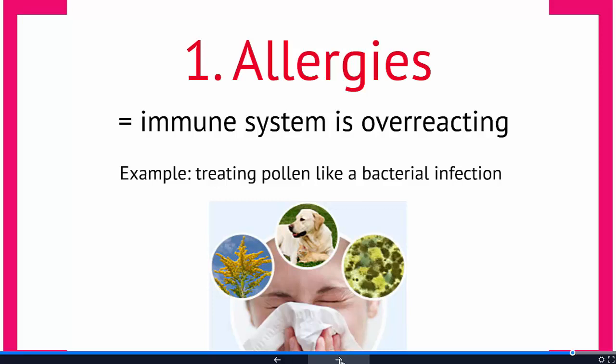It hasn't been exposed to worms, it hasn't been exposed to protozoans, and so finally it decides, well, pollen, I'm just going to go and overreact. And that's what an allergy is. And what we take for allergies are antihistamines, things that are trying to depress that immune response so that it doesn't overreact.